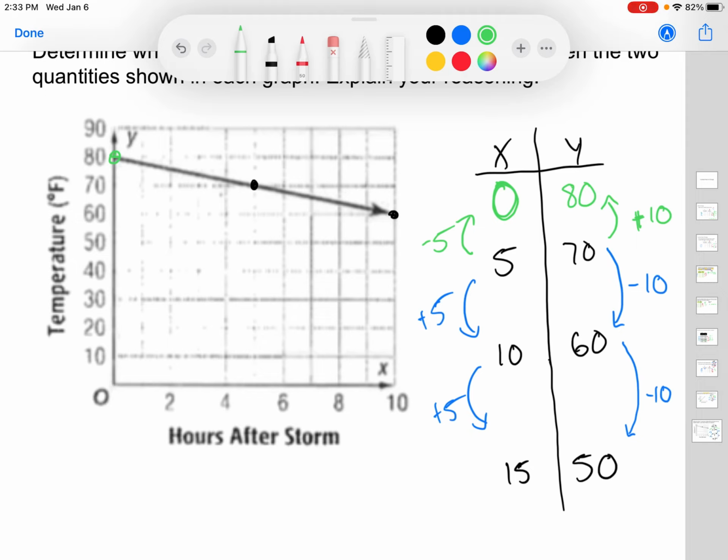So if my y value isn't 0 there, that means it is not a proportional linear relationship. I know that last part could be a little bit confusing. Make sure you write this down in your notes, and if you have questions, please let us